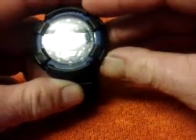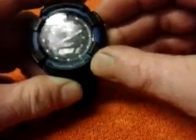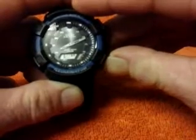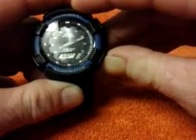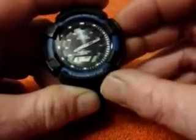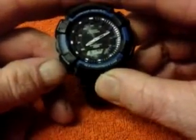So you can go forwards or backwards, and if you keep your finger on the button, it'll fast scroll like so. Like I said, you go forwards or backwards. And to set,